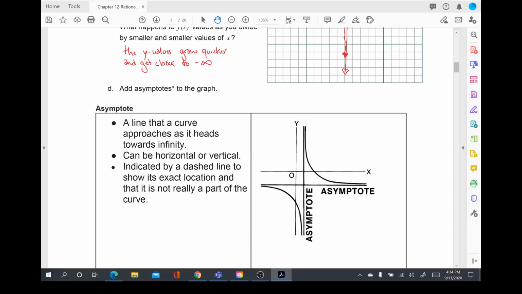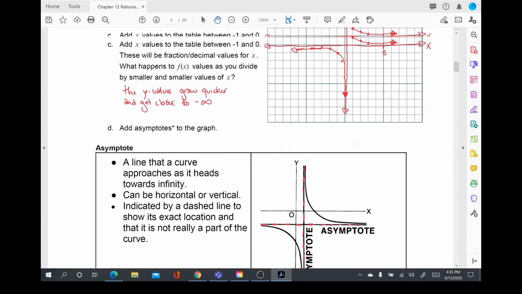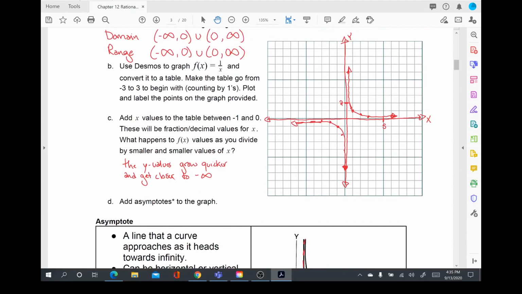It's indicated by a dashed line to show its exact location and that it's really not a part of the curve. So in this image here, it'd be great if you could dash this. That is a horizontal asymptote, and this one, you can dash it, it is a vertical asymptote. Now, our graph up above, the horizontal and vertical asymptote are also the X and Y axes, which is a little